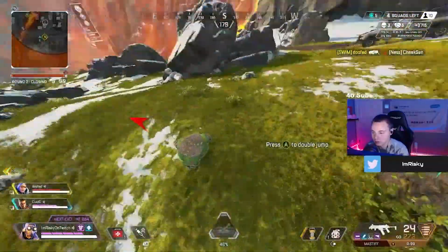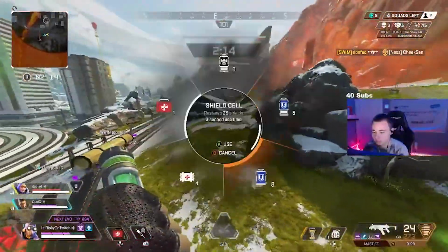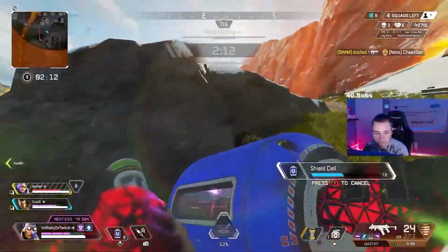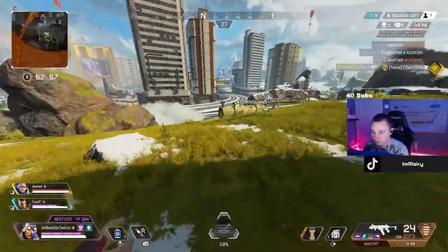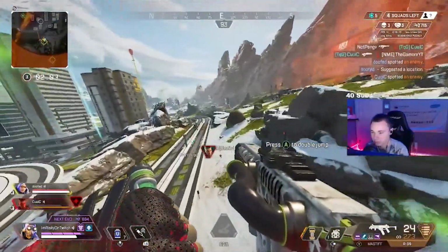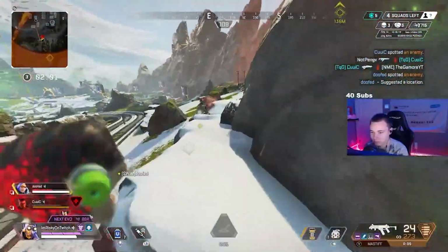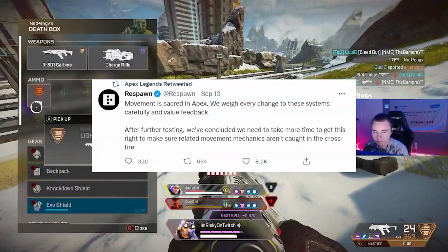And that being said, it basically shut a lot of people off from actually learning how to do the movement technique. I myself included was just like, oh well, what's the point in learning this movement technique when it's going to be removed. But then right before Apex Legends released the 10.1 update, which is the Evolution Collection event with Rampart's Heirloom, if you don't already know, they quickly tweeted out saying,